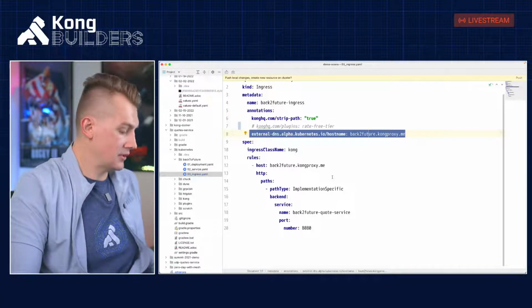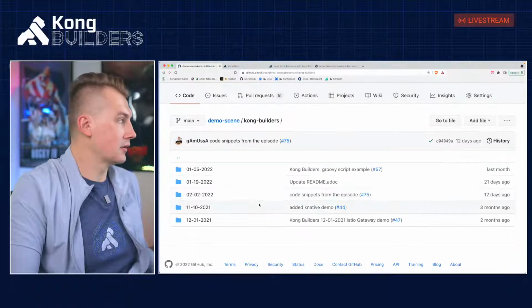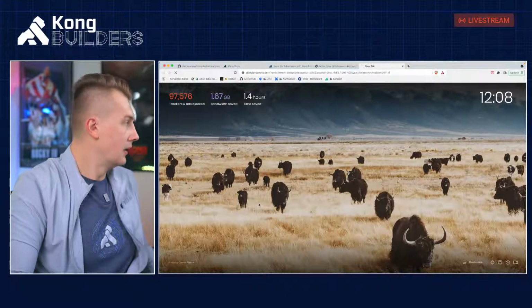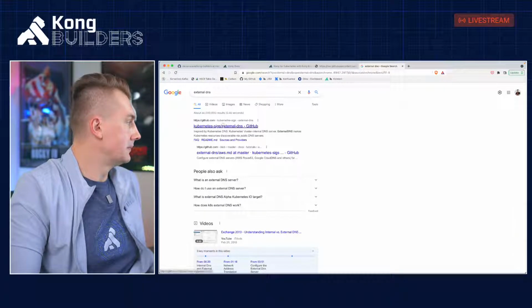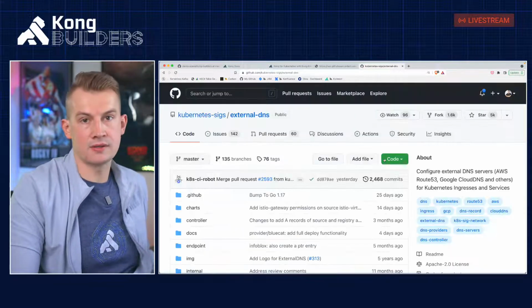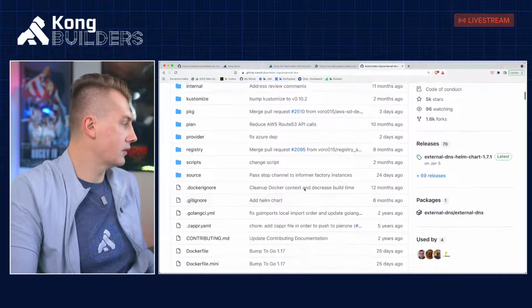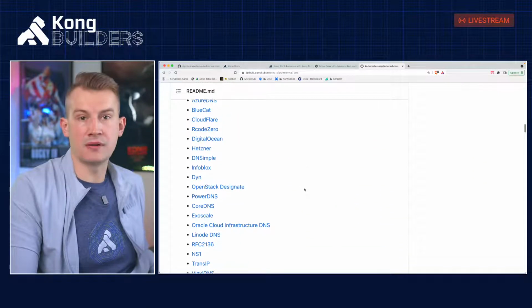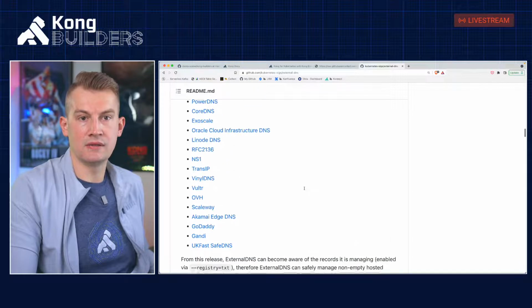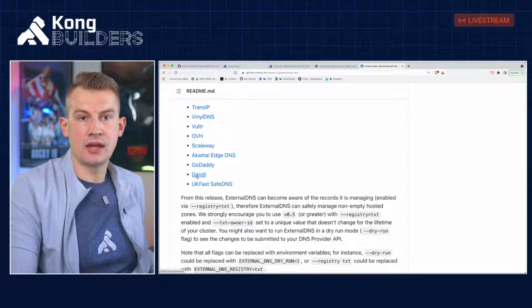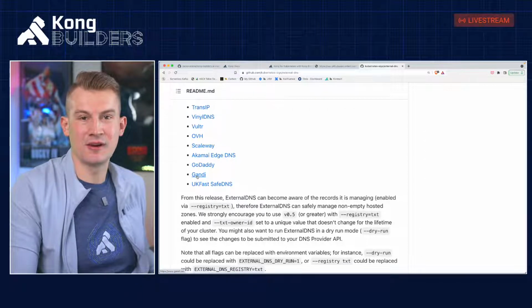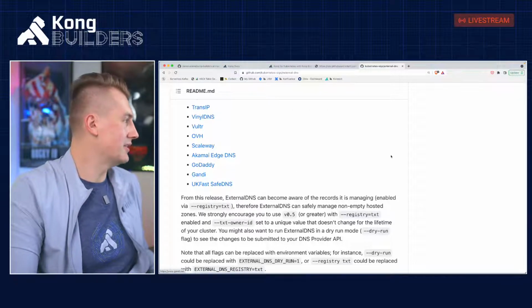So I would say something called external DNS. It is also a Kubernetes special interest group project where you can find this. And let me show, they have many different providers supported. Personally, I use Gandhi provider because of their prices, nothing special there. This is the provider that I use for all my DNS needs.